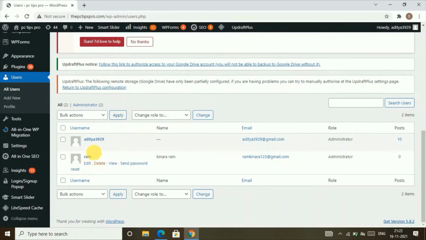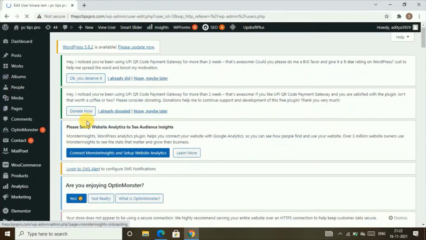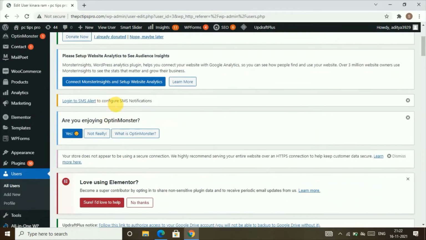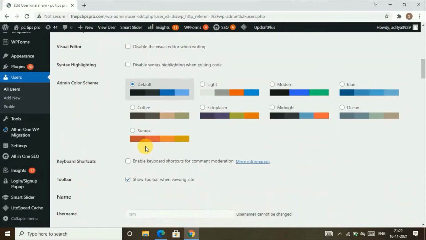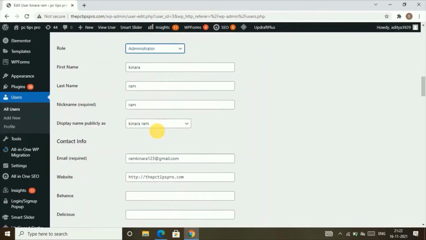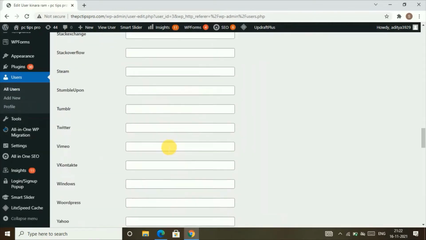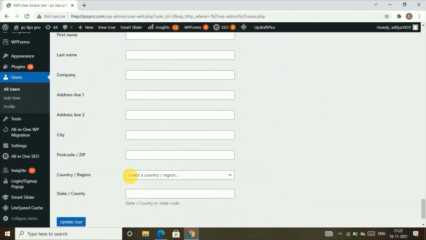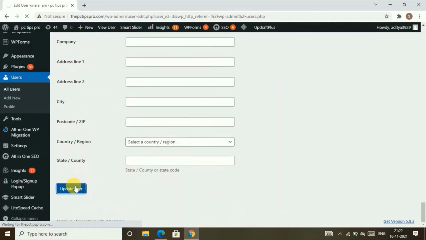So then here you can see the existing user. Click on edit in order to change the role. So we'll change the roles, and we'll see how the settings will change. So now let's go, and then let's see the role. So give it to be administrator. So firstly we have a subscriber role, and now click on update user. So once you click on update user,